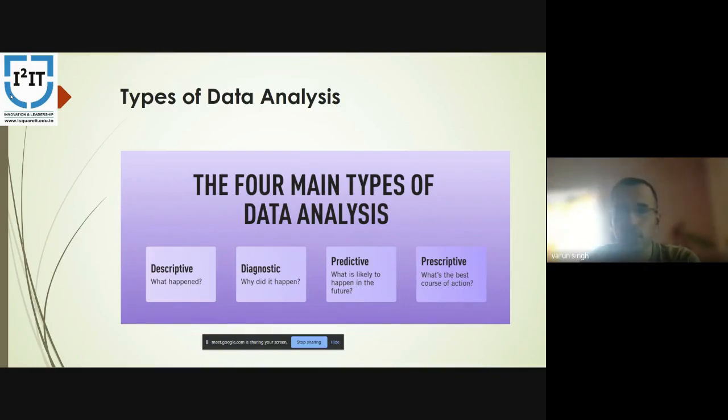From the data that we have, we will analyze it thoroughly so that we can see the best current scenario that we can do with it. That is, what's the best course of action right now. So prescriptive analysis is for the present, and that decision can be for long term and short term too.